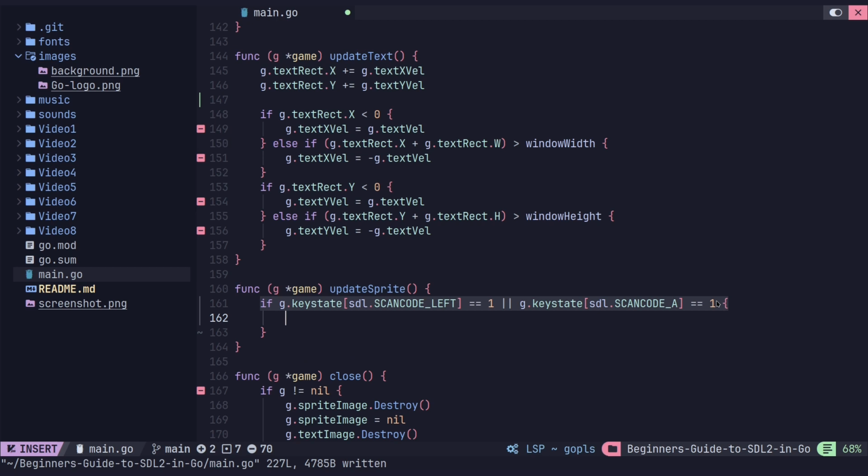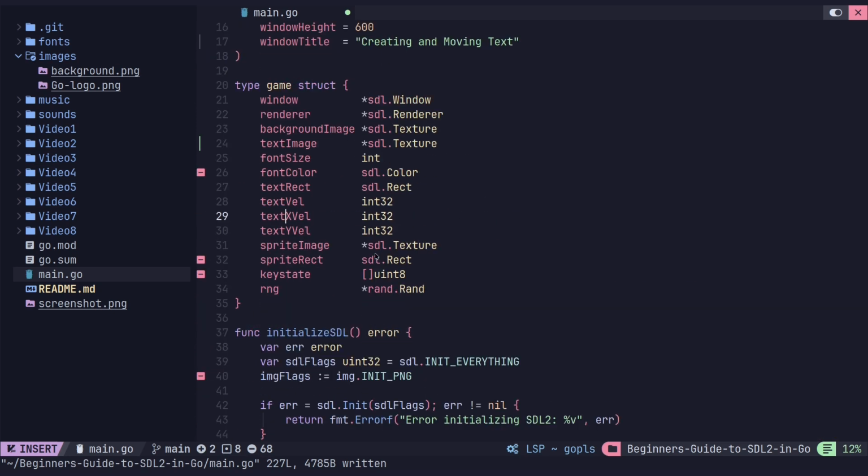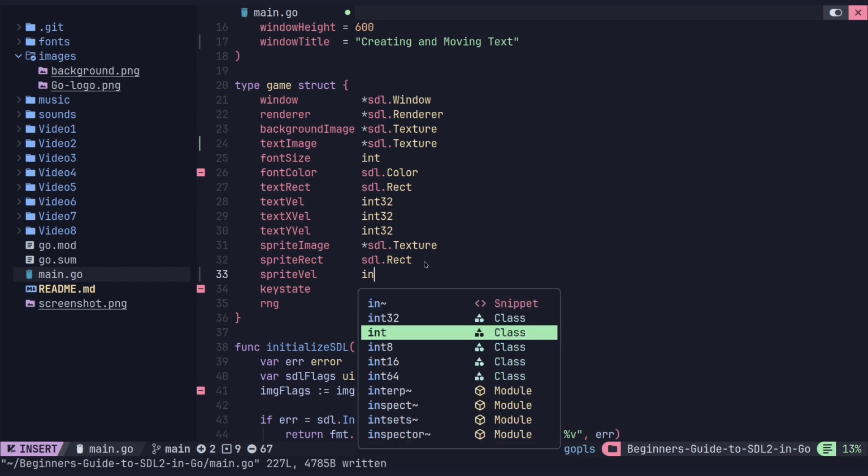And what are we going to do? Well, we're going to move sprite rect.x. We're going to decrement it because we needed to move left, and we're going to do it by sprite velocity. Now I haven't created sprite velocity yet, so let's go up here and do that. So I have sprite image text rect, and let's do right here sprite vel. I'm not going to do this sprite xvel yvel. We don't need that at all. We're just going to have a vel, and this is going to be an int32